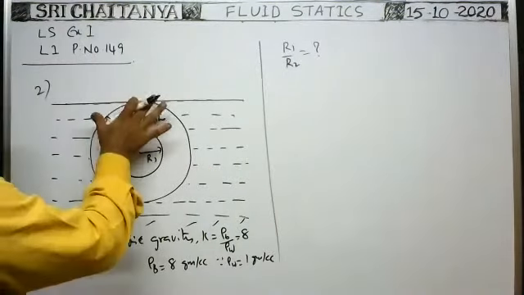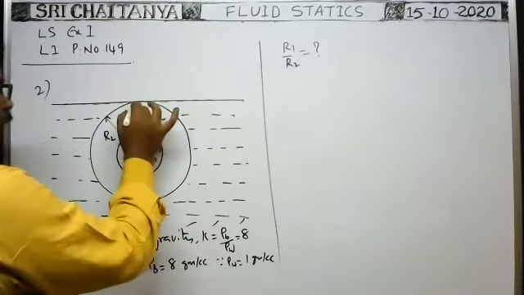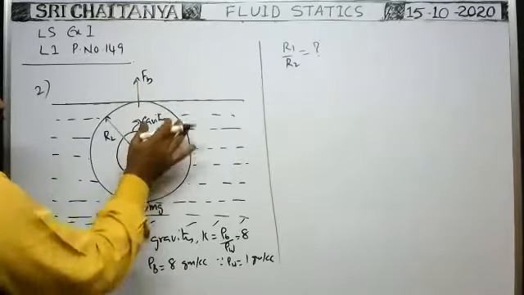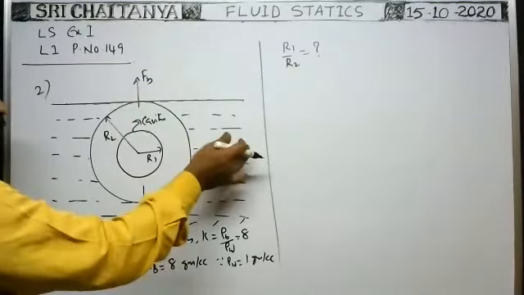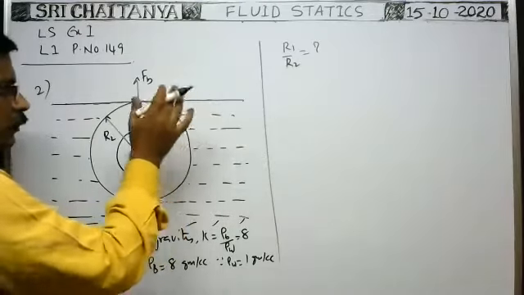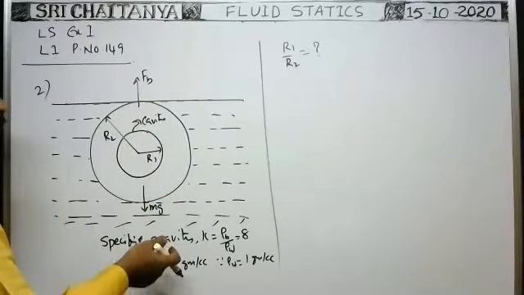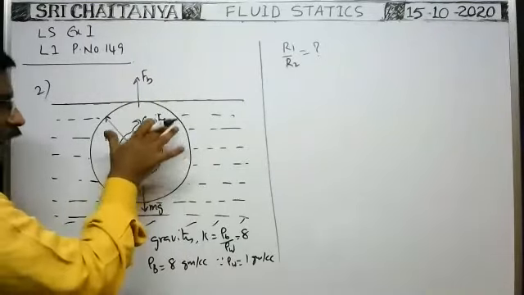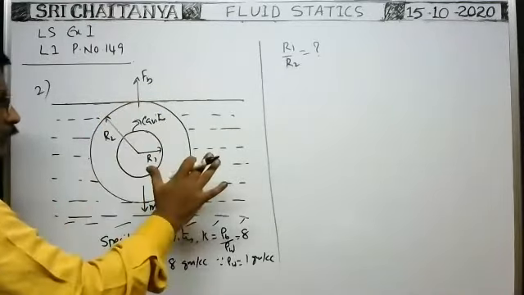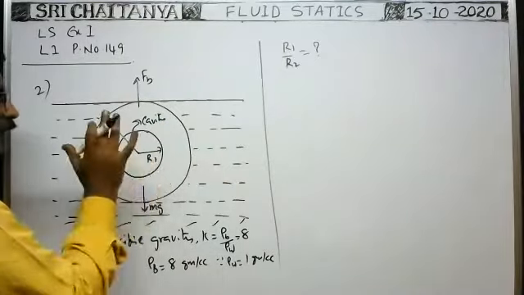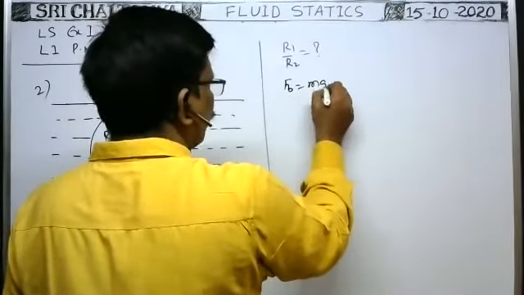No doubt, as it is just submerged in the liquid, the weight of the sphere acts vertically downwards and the buoyant force acts in the upward direction. Because whatever the outer volume of the sphere, that amount of volume of the water is displaced. The weight of the water displaced by the sphere acts on the sphere as the buoyant force. As it is just floating, it is under equilibrium. When it is under equilibrium, Fb is equal to mg. So Fb is equal to the weight of the sphere, mg.